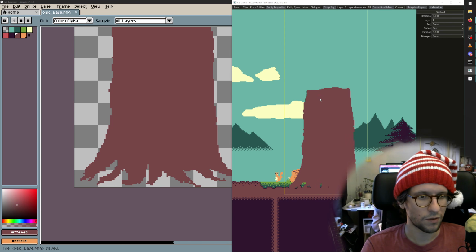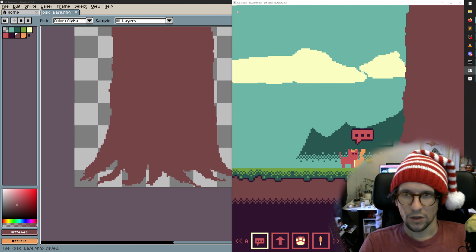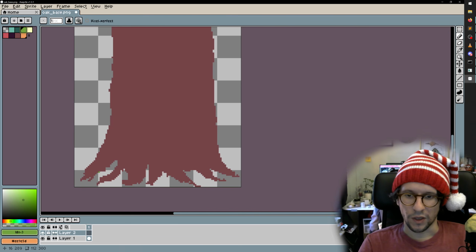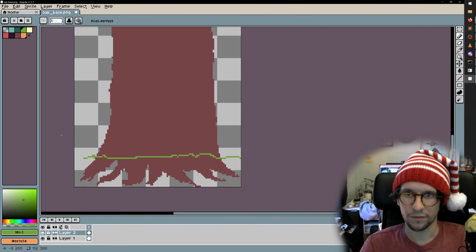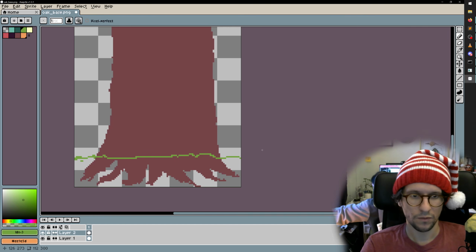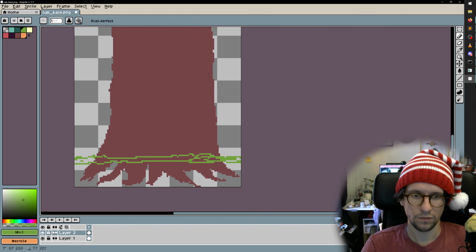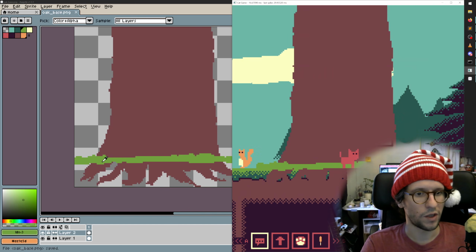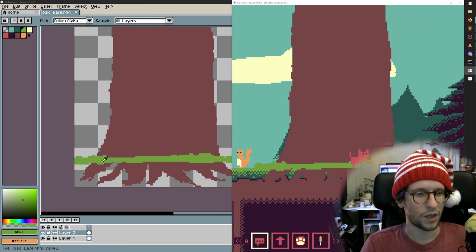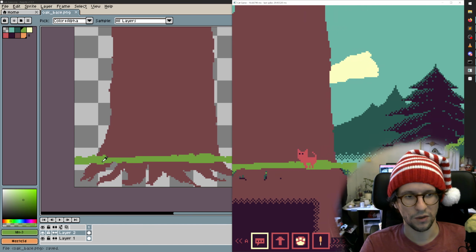Wait, it also needs to have some grass. I shouldn't think of these things too much right now, because we can put another layer in front that goes like this. Because you will run here. I don't know, it's a bit tricky with things that are in the background but also in the foreground. I think they need to